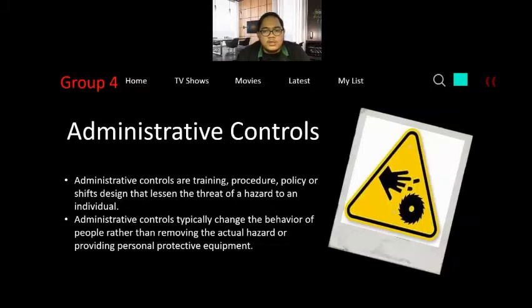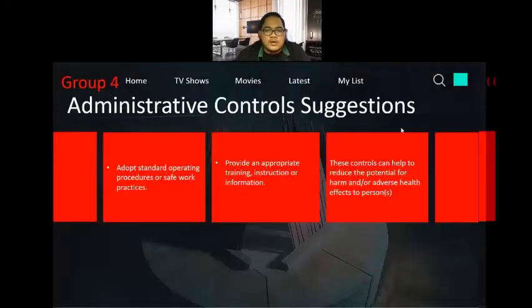Our suggestions of administrative controls are: first, adopt standard operating procedure or safe work practices. And the second one is to provide appropriate training, instruction, or information. We think that these controls can help to reduce the potential for harm and or adverse health effects to a